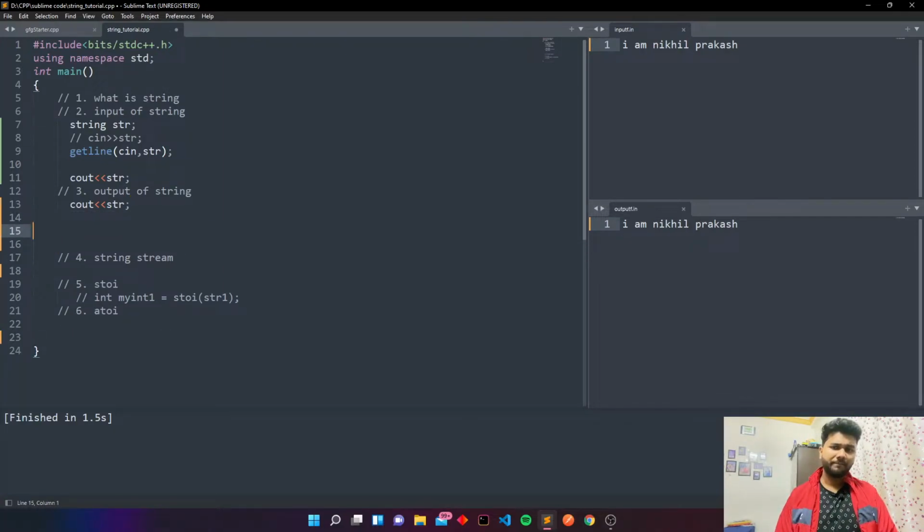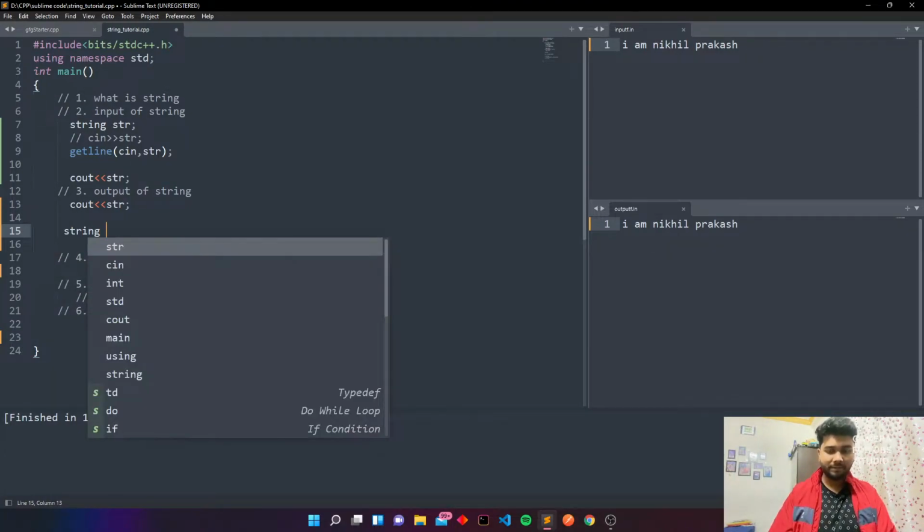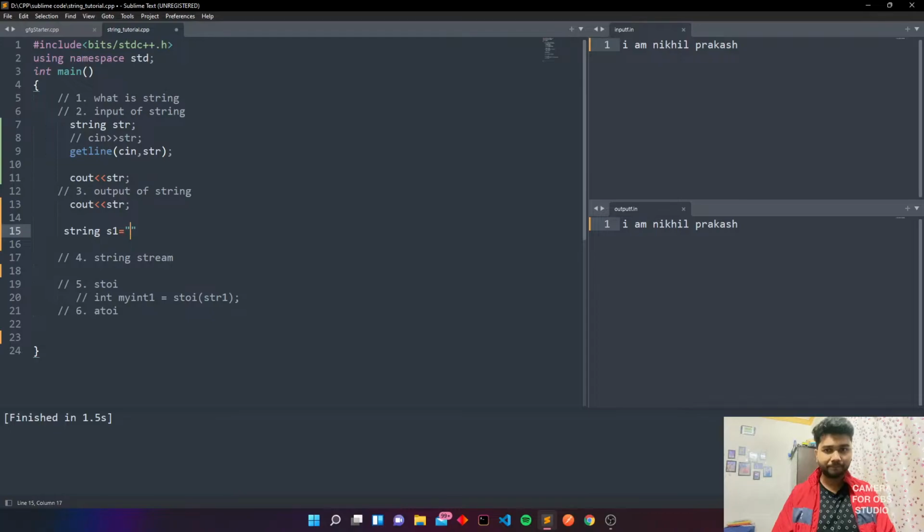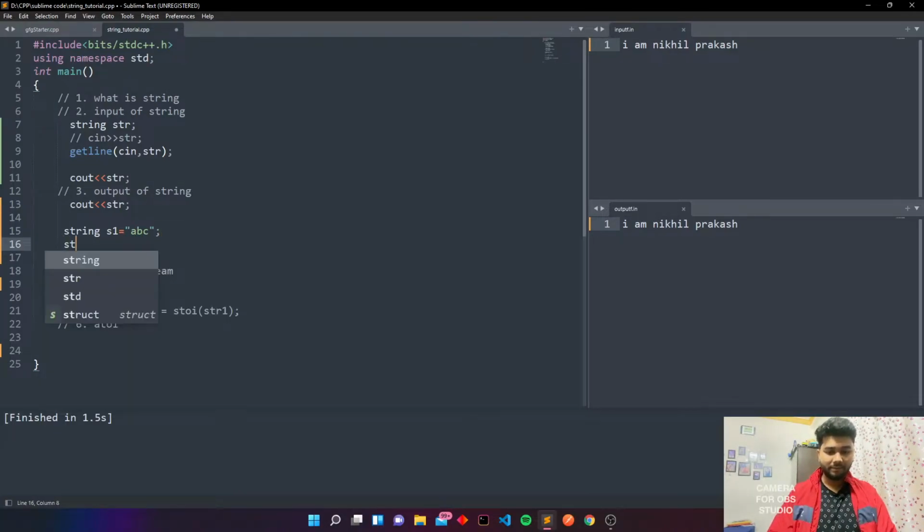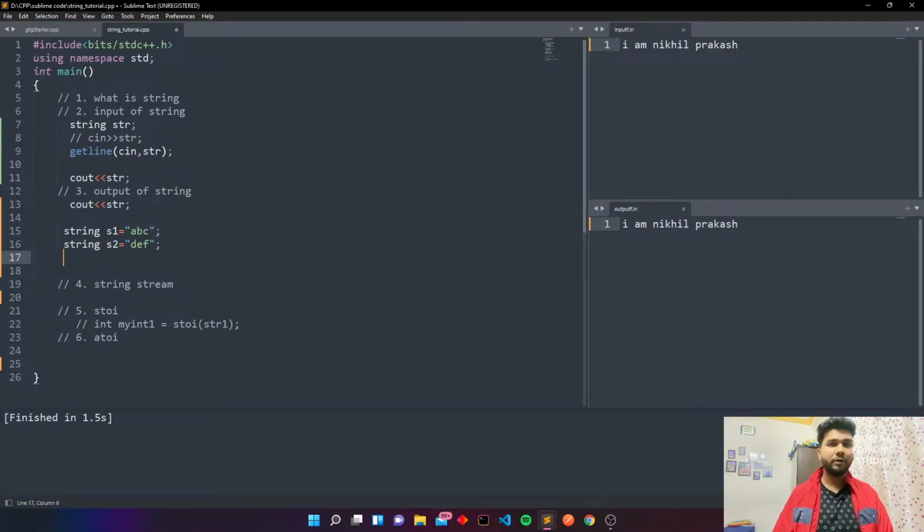Okay, now strings can be added like string s1 is equal to say abc, string s2 is equal to def. Now how will we concatenate these both strings? So you can simply change s1 also. s1 is equal to s1 plus s2.